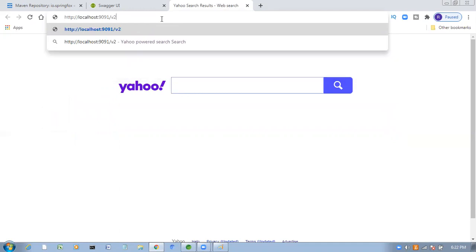This is also a predefined URL, for generating the documentation.